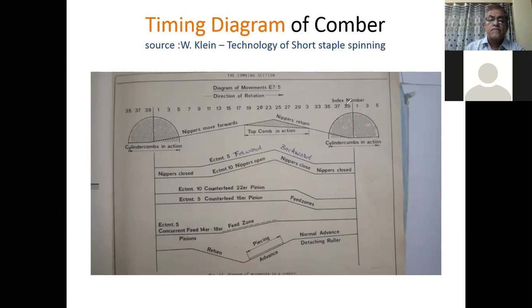Now the cylinder comb has completed its action.